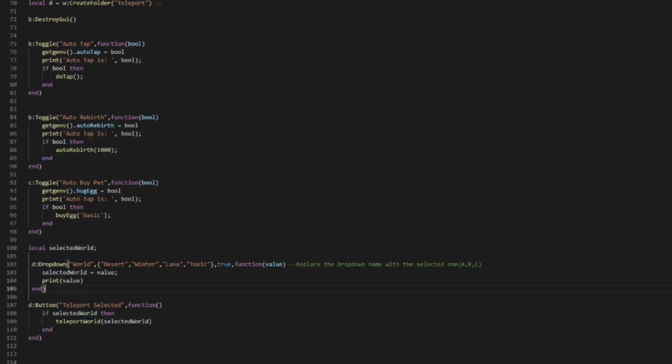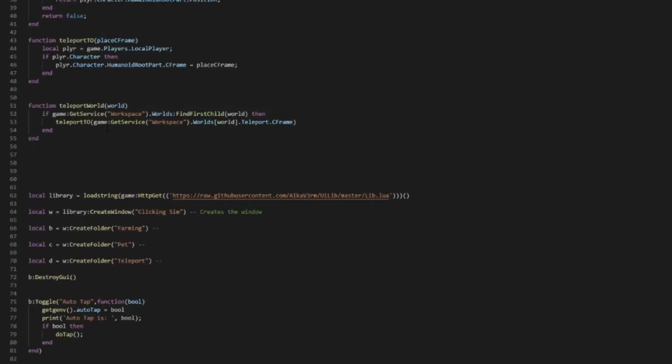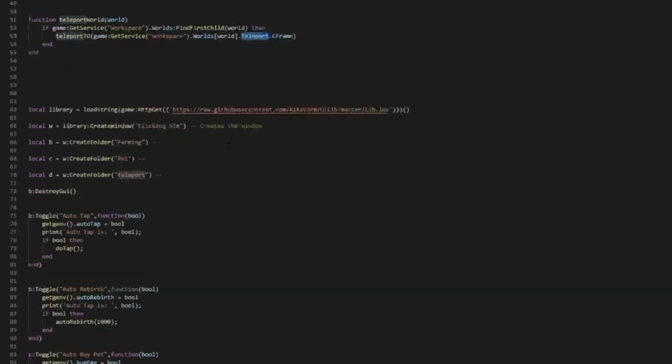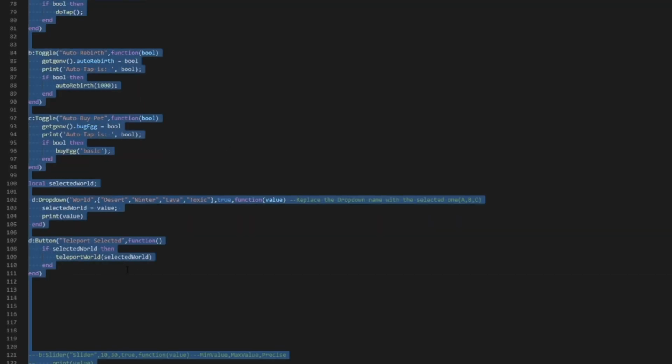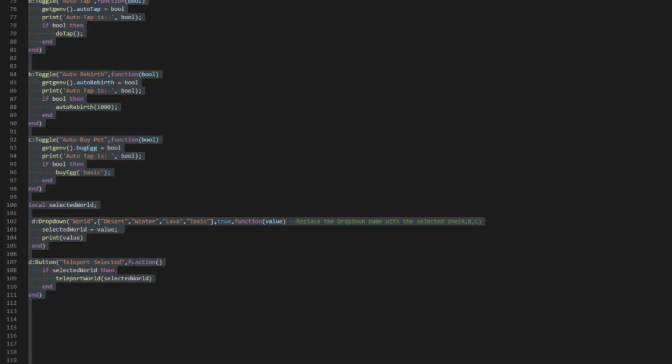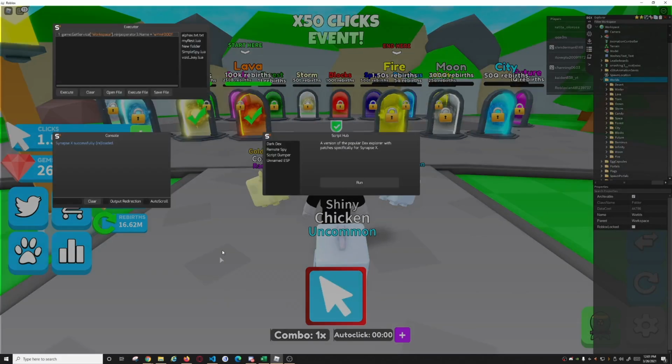All right, so I just want to look at the function that we created for teleport to world. Once again, we pass the world to it. It looks up the world in the workspace folder and it teleports to the teleport target. I think that's going to work fine. Let's copy all this code, and I'm going to paste it into the game here,